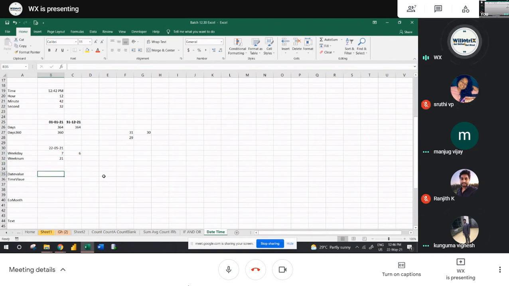Okay. Then date value. Date value means this is a date. If you convert this date into the general format, this is called date value, correct?